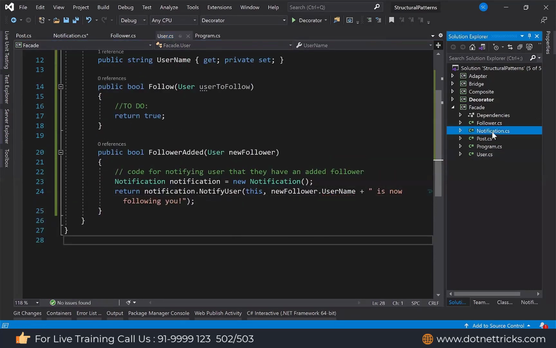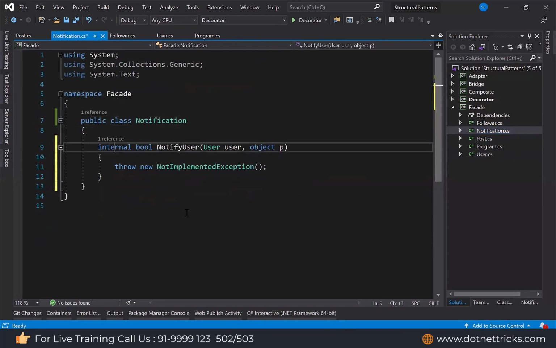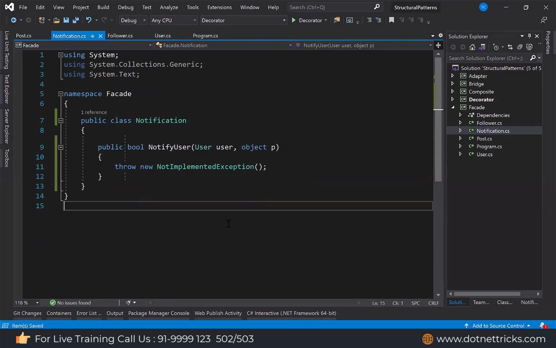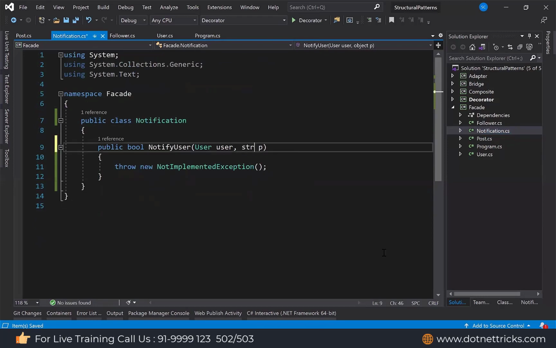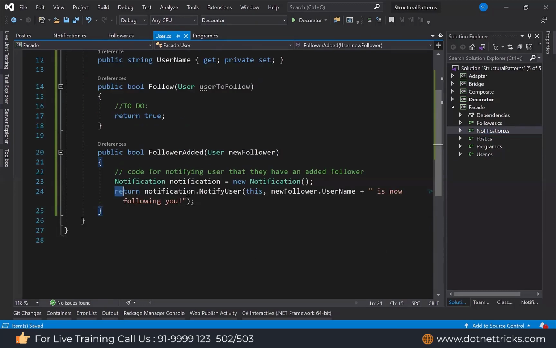So this is my notification class where we will have a method notify to the user where I will pass the user and I will pass this message. Whatever message you want to send to the user can be sent through this notify user. Even the same thing we get when we start following a user on Twitter. So that user gets the message: User ABCD started following you. So the same message I mentioned over there.